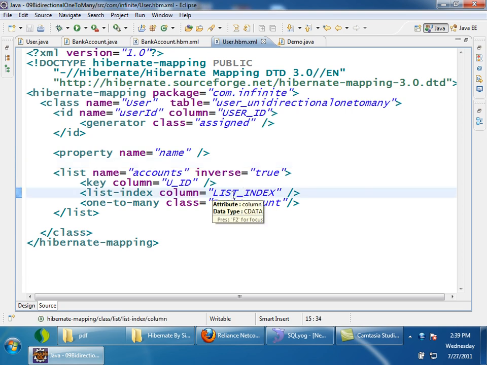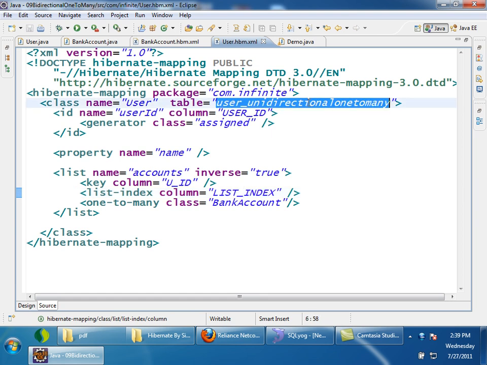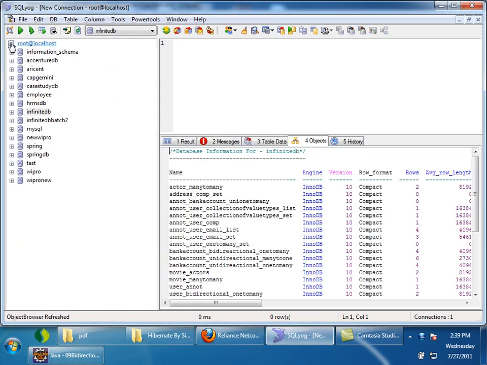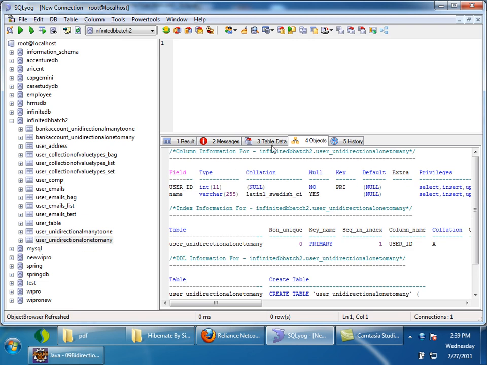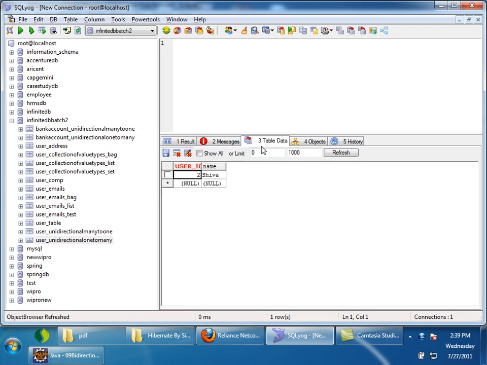But there is a problem here. I'll just show you the table. What is the table name? User underscore unidirectional one to many. Not user, sorry. The bank account transfer one, right? What is the list index? It should be an index actually, but here it is null